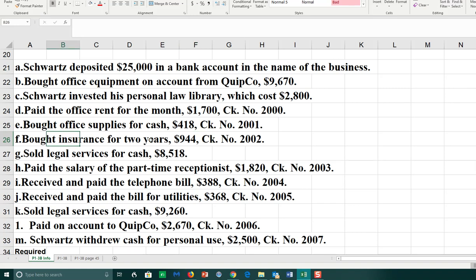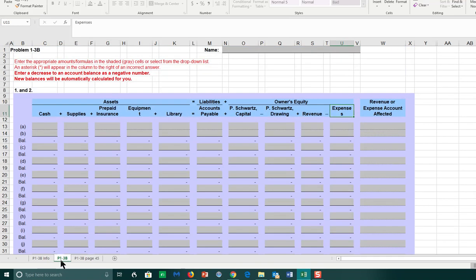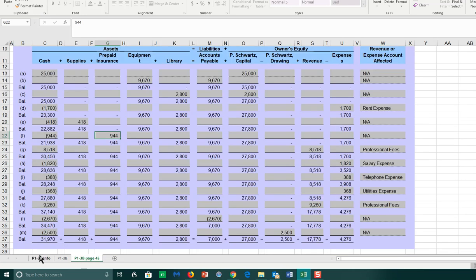But notice, this is for 2 years, so they're going to be owning this insurance policy for a while. And so we're going to record this as an asset since it's not yet used. And so in our report, we will show that our cash decreased because the business decreased its cash. They paid out money, and in return, they now have an asset, prepaid insurance, that would have increased by $944. We're going to keep going. And now we are at